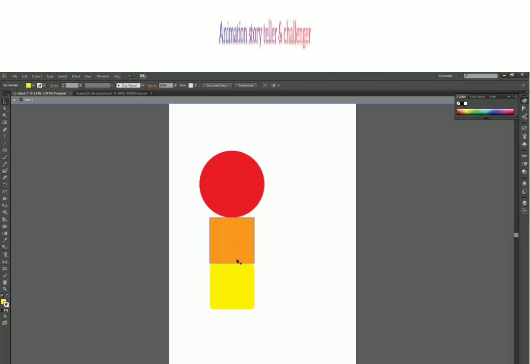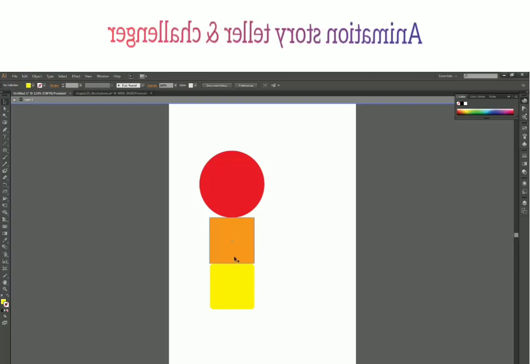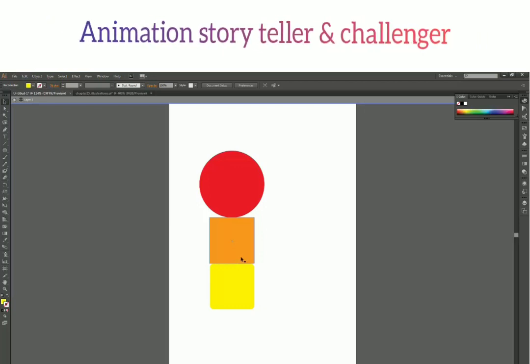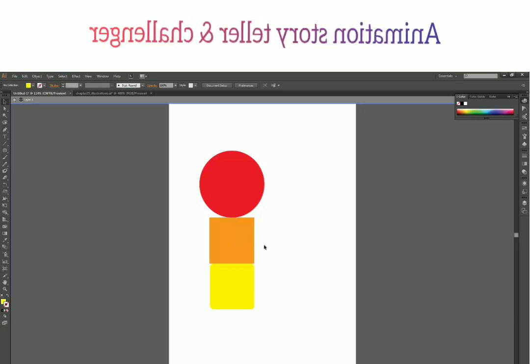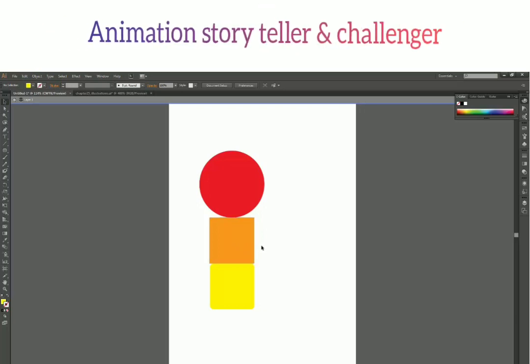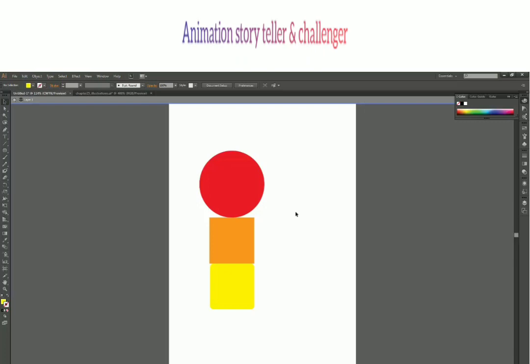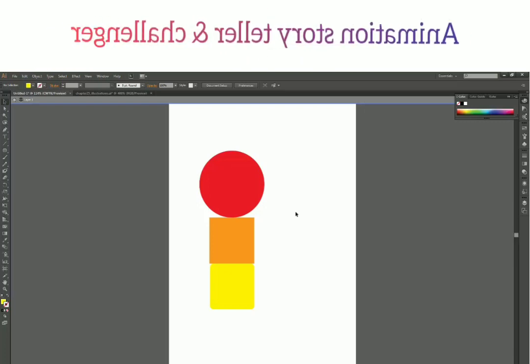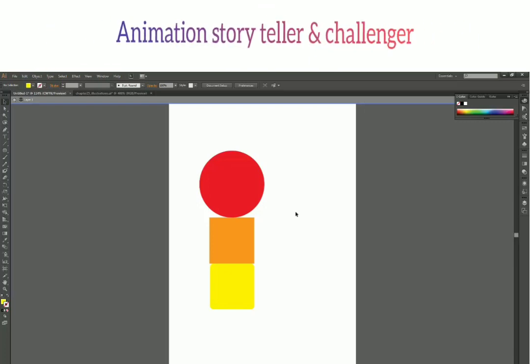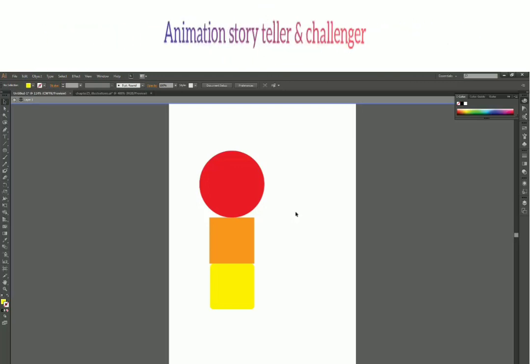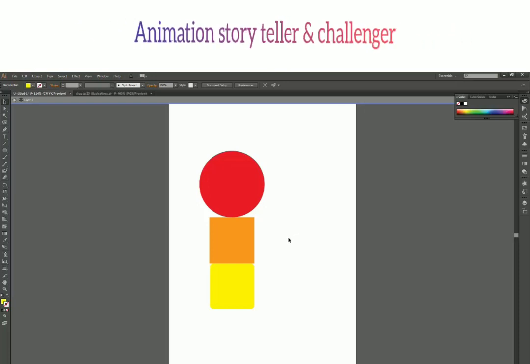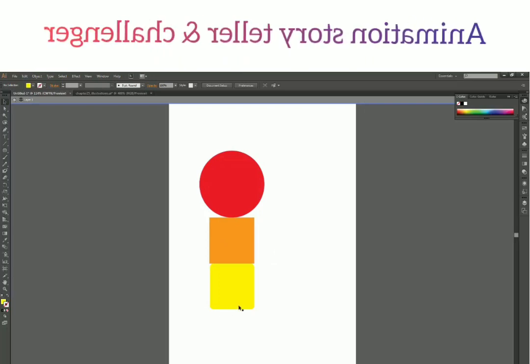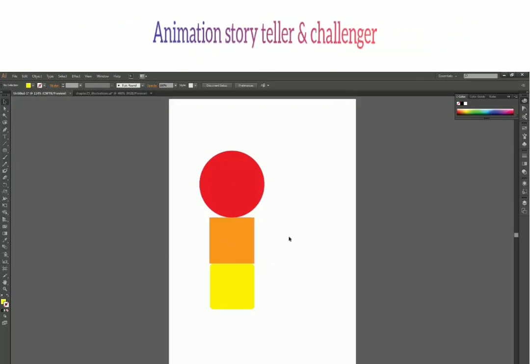Now we are not covering it in detail right now because we don't have any implementation of this right now. We are not making any example. So it will be a good idea to see it when we actually work on an example. We are going to make a live example using all these techniques, and we will see how we can use all the things we have learned so far. So we will cover that in future videos. For right now, just know how to group and ungroup objects.